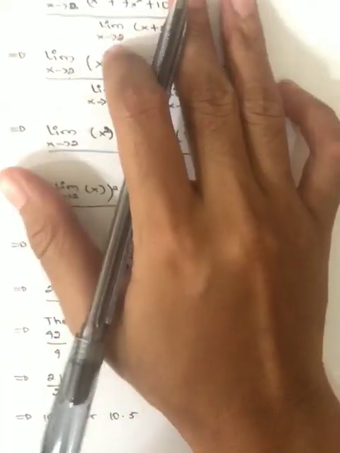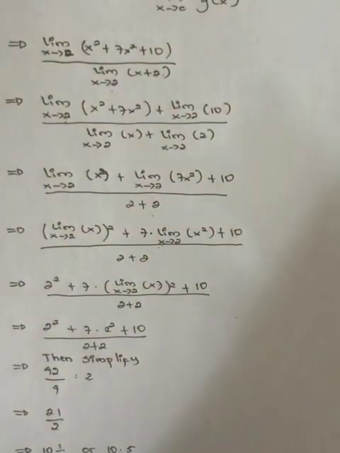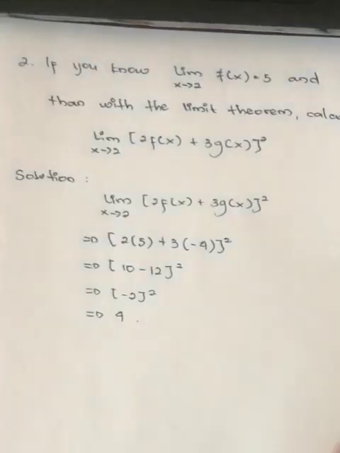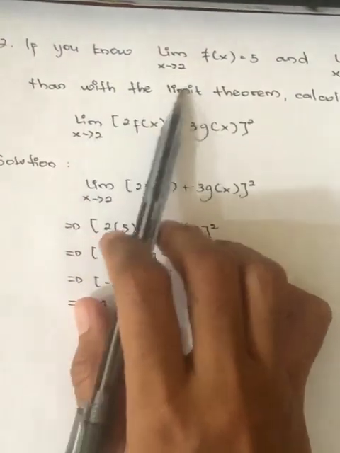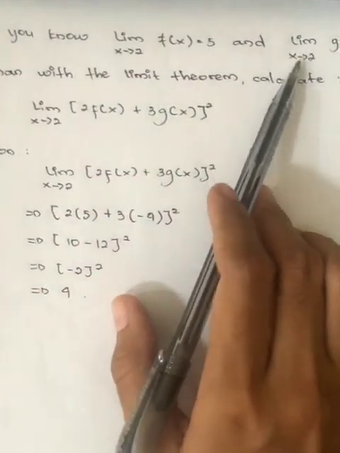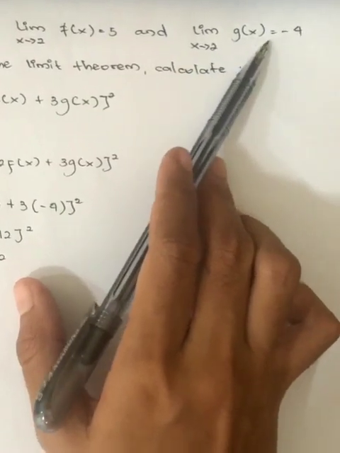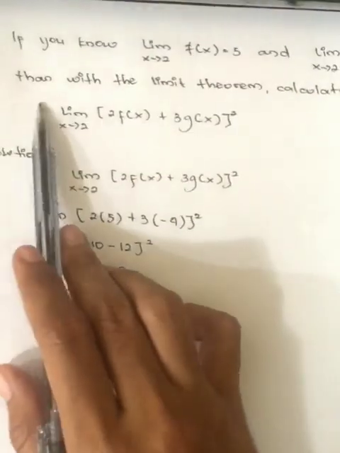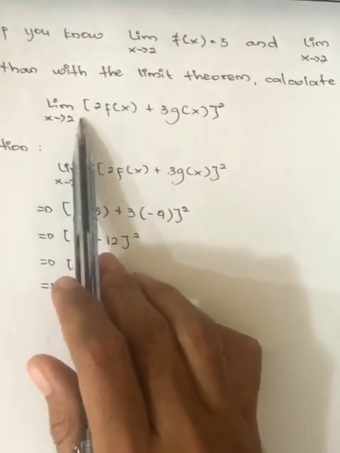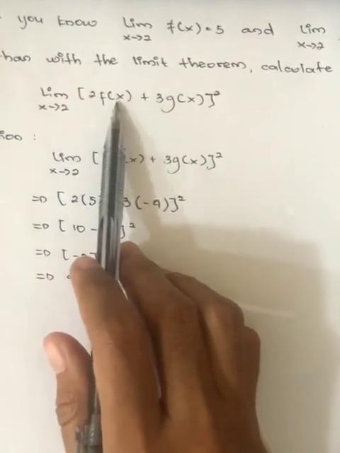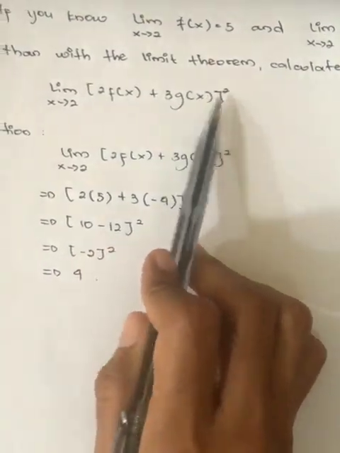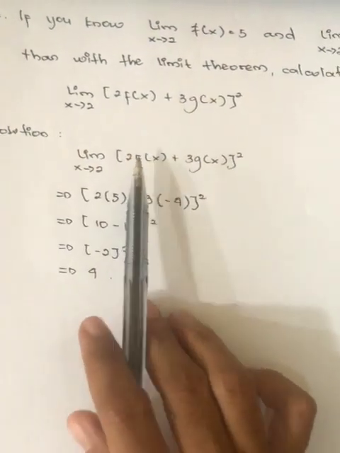Here's the example from the module. Now let's try another example from the reference. If we know the limit as x goes to 2 of f(x) equals 5 and the limit as x goes to 2 of g(x) equals -4, then with this limit theorem calculate the limit as x goes to 2 of (2f(x) plus 3g(x)) squared. Then the solution is,